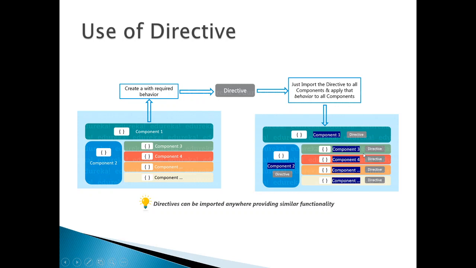Just think of a functionality which is required in every component, for example, making a specific type of background. To create such a background, you just need to create your own directive, and you will call that directive in different components, and that functionality will be applied.